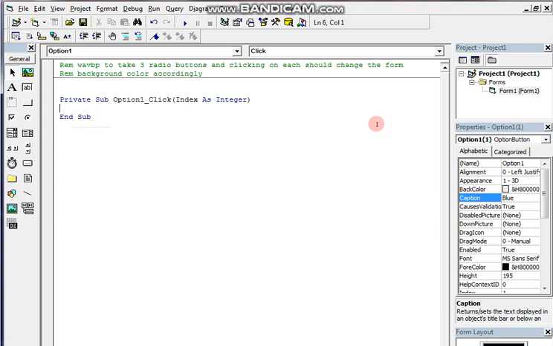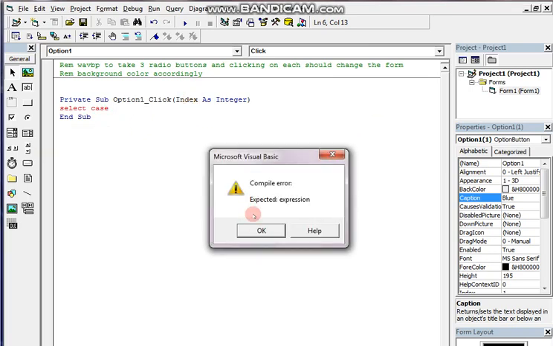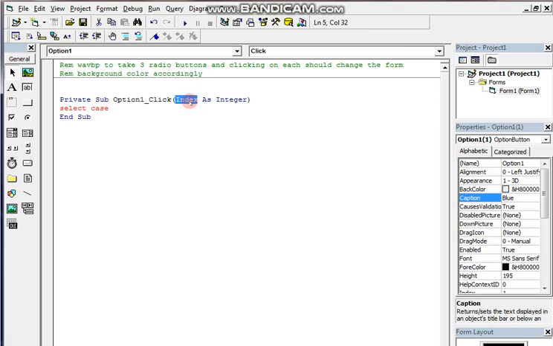Now let me write the code for the color. You check. I have to use select case here, because all the options are coming to the same procedure. So how is it possible to recognize which color it will provide? For recognizing that, there is an index here, students.